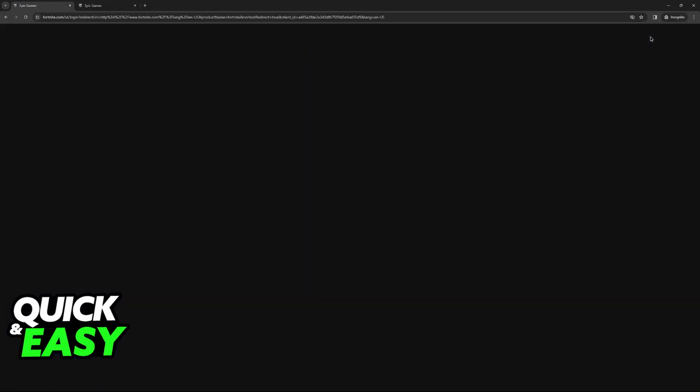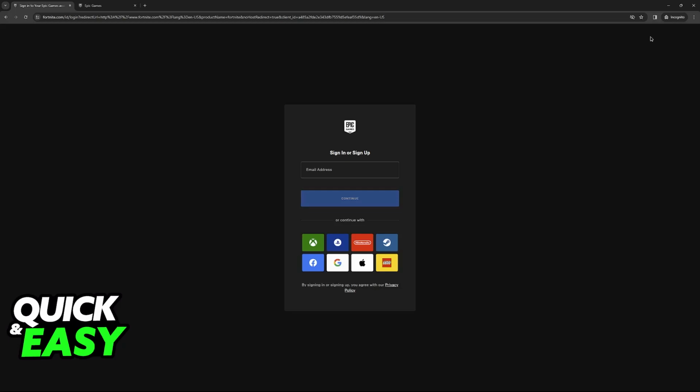When you click on the user icon, you will be redirected to this page where you can input an email address to sign into a pre-existing account or sign up to create a new one. Alternatively, you can also choose any of the options listed here. Once again, you will either sign into a pre-existing account that has a link established with these options here, or you are going to be able to create a new account from scratch using the information provided by the service